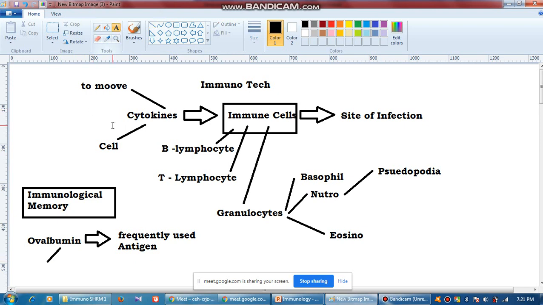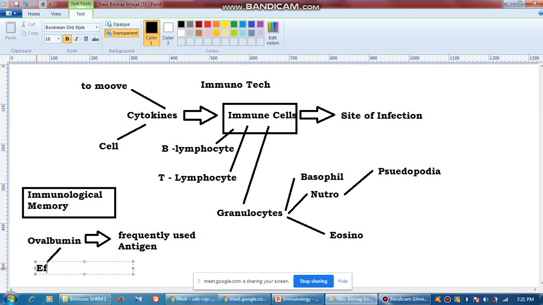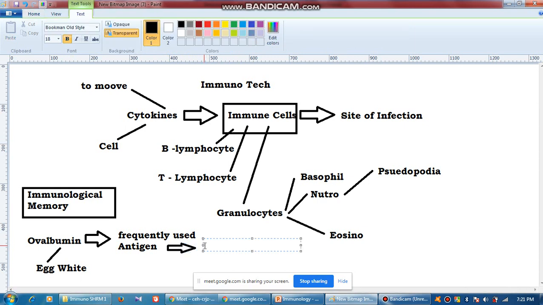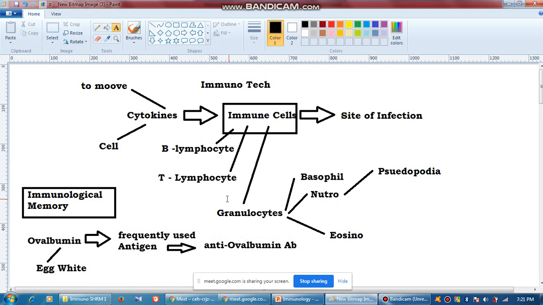Then you can say, sir, why are we calling it ovalbumin? Because there are two different types of protein, one is called albumin, another is called globulin. The substantial part of this egg white belongs to the albumin group of protein. So whenever we use this antigen, an antibody is rapidly developed. And you know what the name of the antibody is? Anti-ovalbumin antibody. Whenever an antigen enters, the antibody's name belongs to this antigen only.